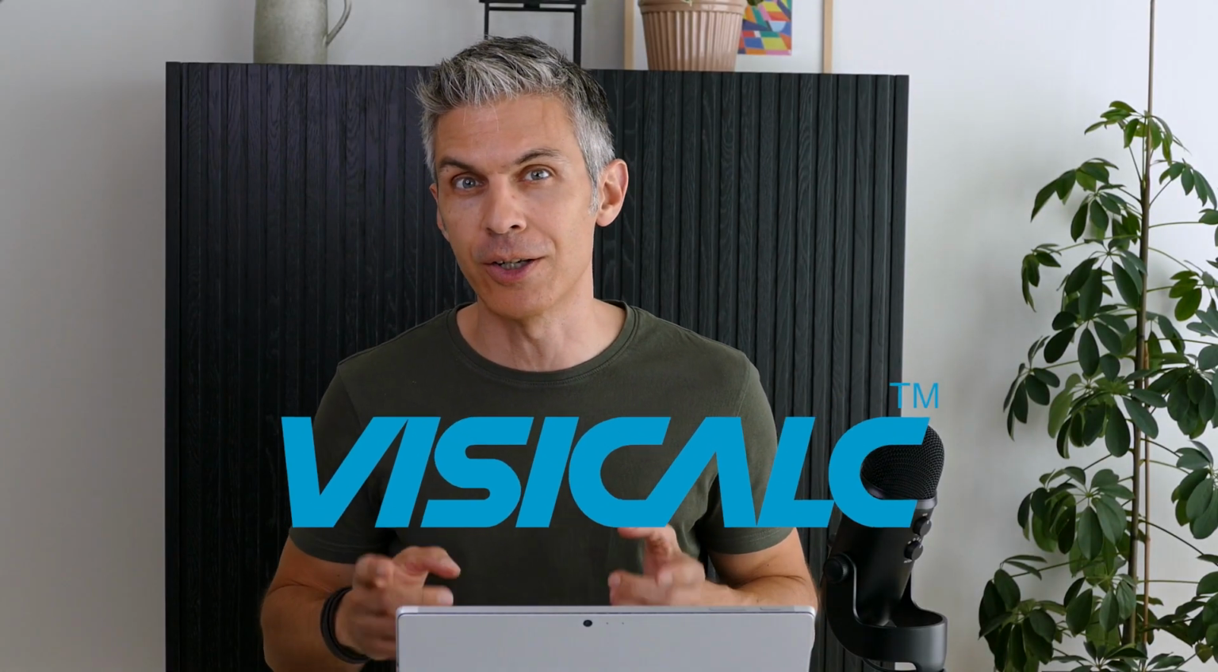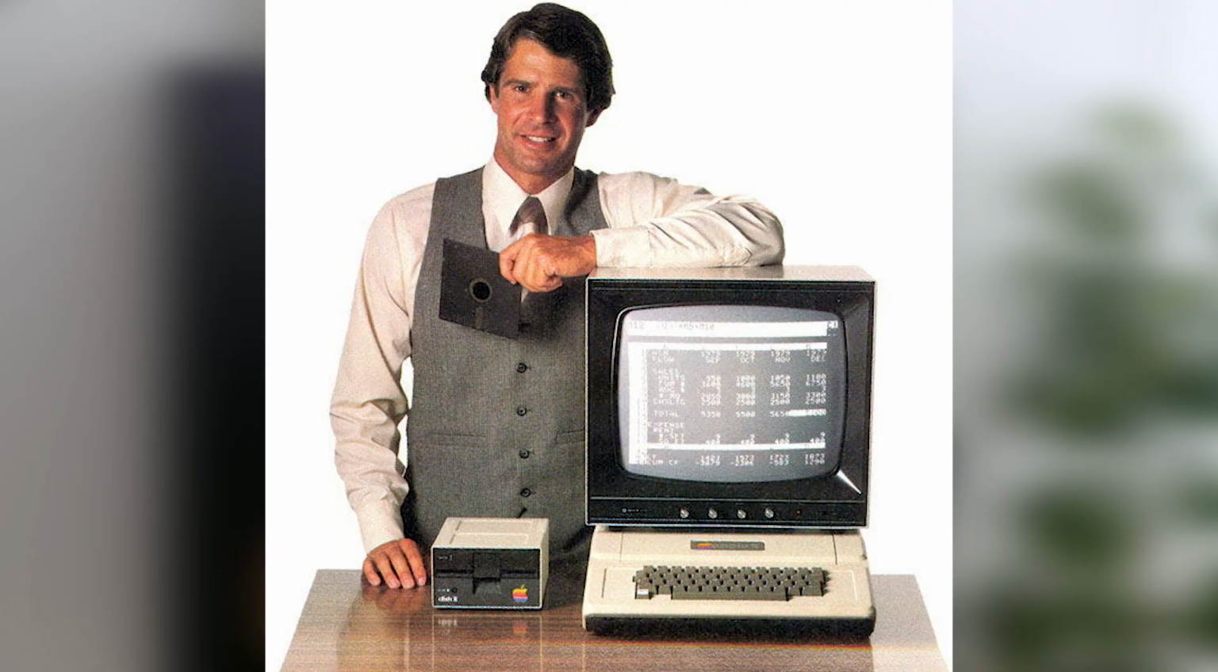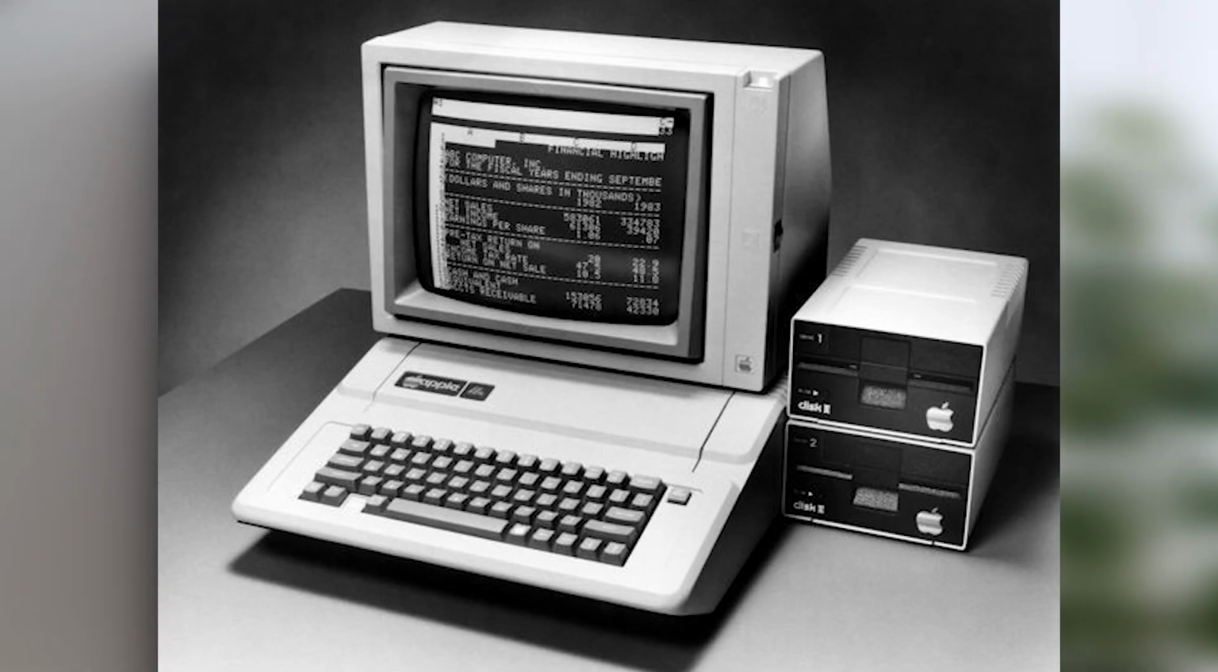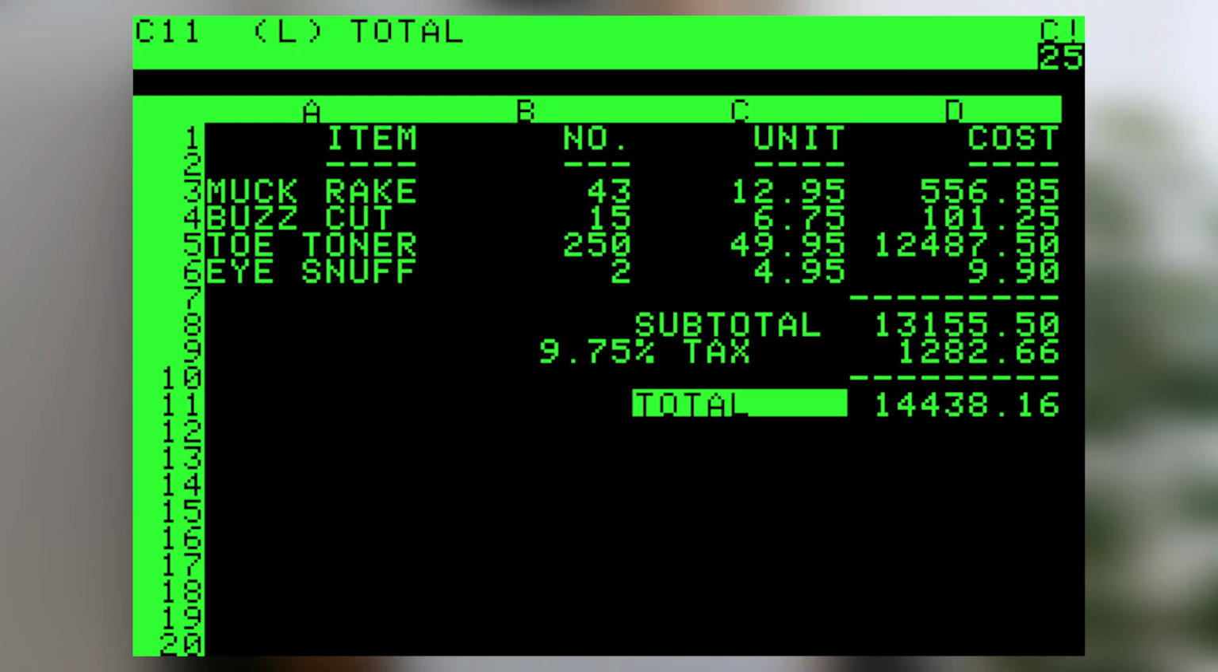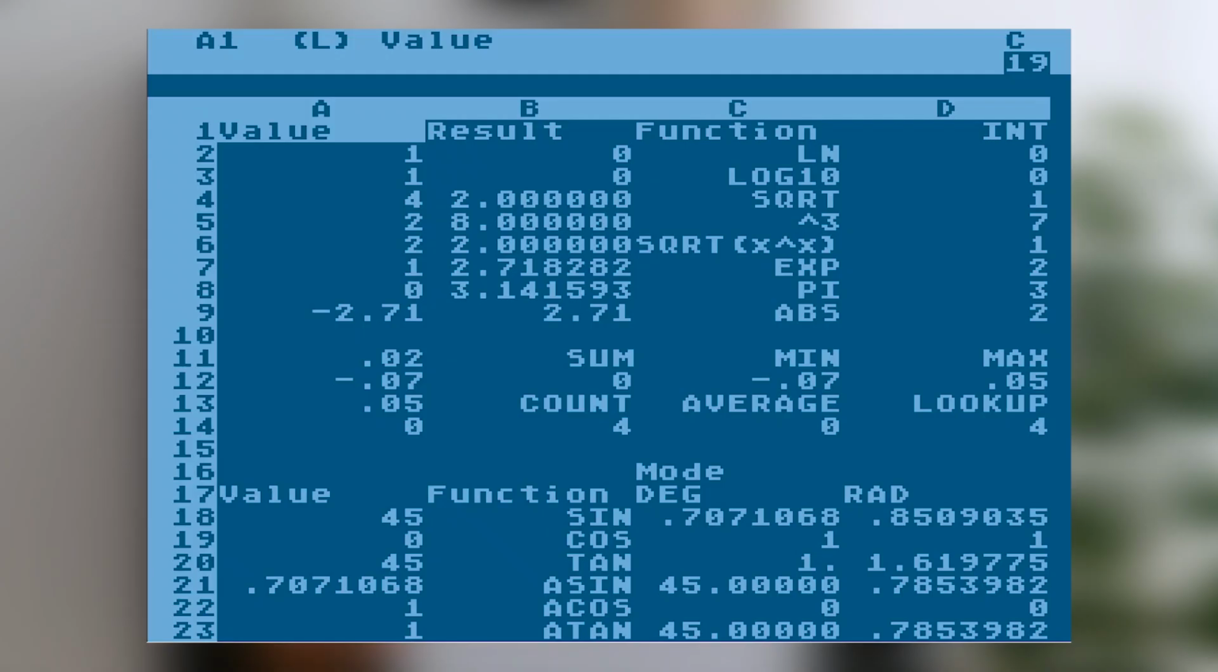The first product I want to talk about is VisiCalc, Visible Calculator. This was the first electronic spreadsheet software and a groundbreaking application in the history of personal computers. It was launched in 1979 primarily for Apple II, and it played a significant role in popularizing personal computers for business and finance. VisiCalc was developed by Dan Bricklin and Bob Frankston, and it revolutionized the way that people perform